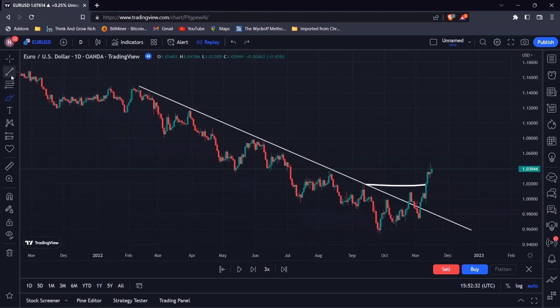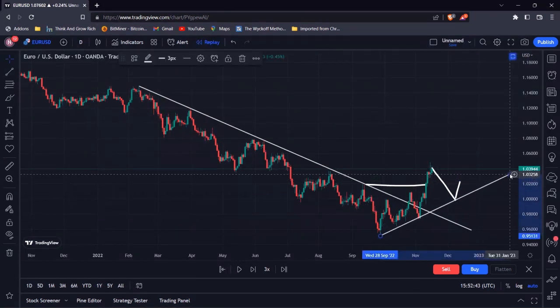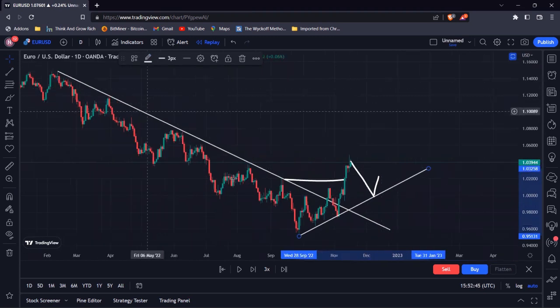Surprise, surprise, it could form a trend line. So let's say price comes down and begins to go up. It could form a trend line that doesn't have to hold, but it might. And as a matter of fact, this trend line now is actually quite valid. So we could be